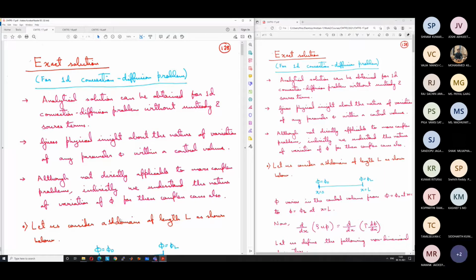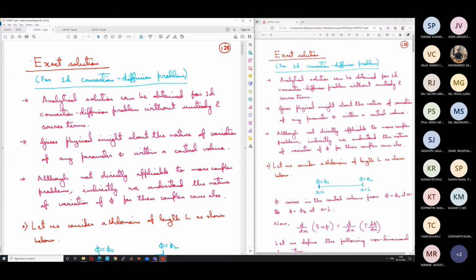With this type of variation, once we know how the variation occurs, we can find better ways to interpolate the values at the interfaces instead of just using the central difference scheme or upwind scheme. Remember that the upwind scheme is still very useful and widely used. Even today, most software uses upwind schemes, and many codes use them too. So it is not that those schemes are bad, but if you want to go for much more accurate schemes, there are other schemes, and that is what we are trying to find out.